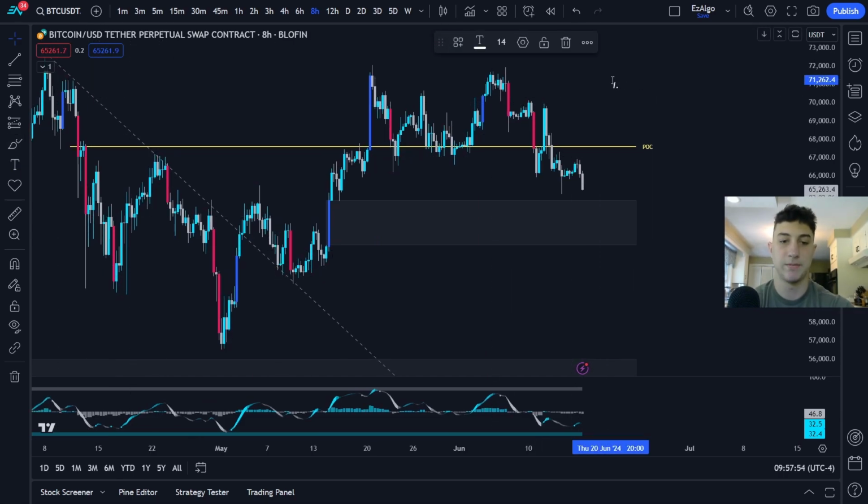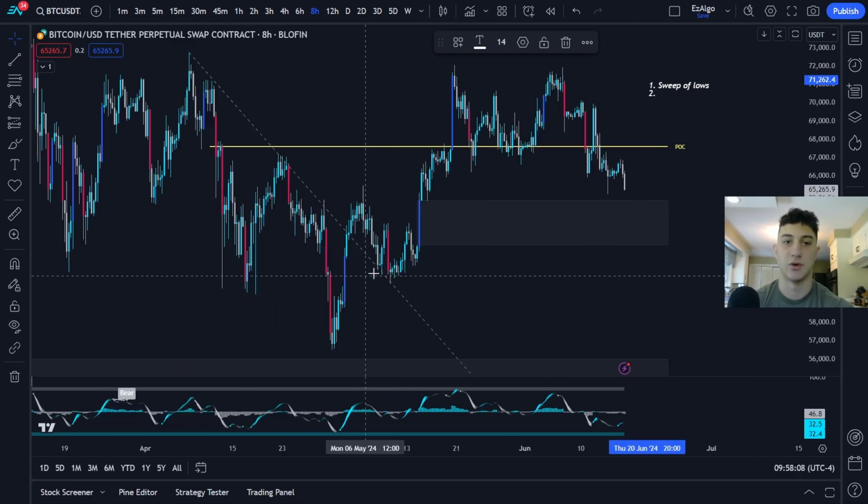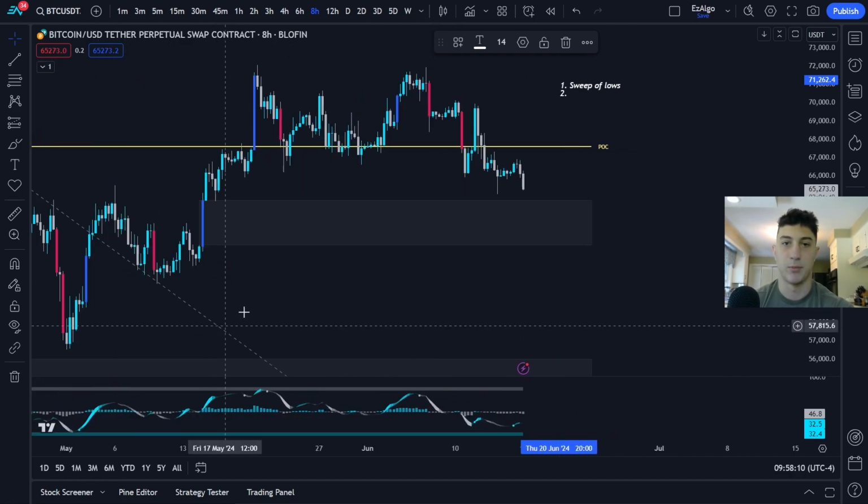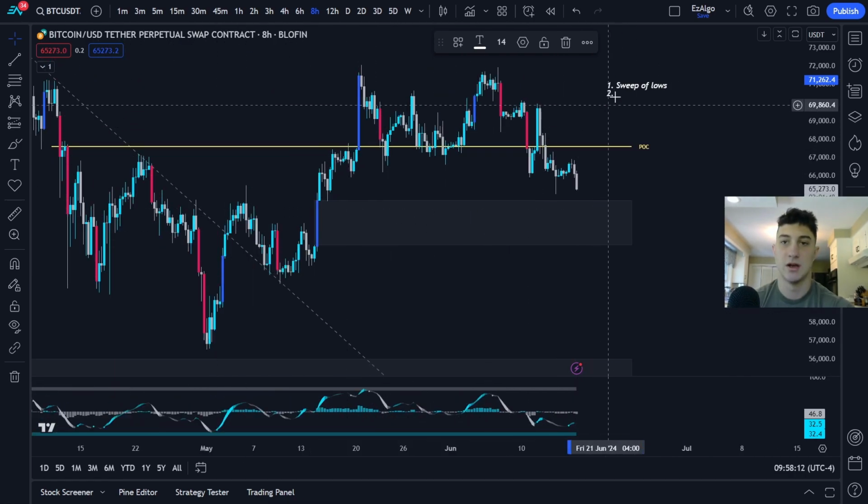So we want to see a sweep of lows, just any lows in particular is fine. You could also use time-based sweeps, so a sweep of a London session low, if you're trading on a lower time frame. But in this case, we just have a sweep of these lows here into our higher time frame point of interest. So sweep of lows, and then we want to see a reclaim with displacement,